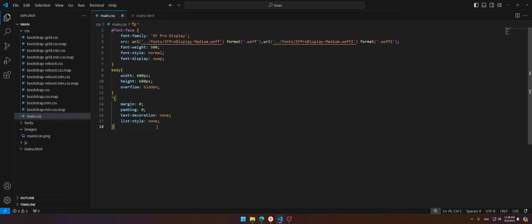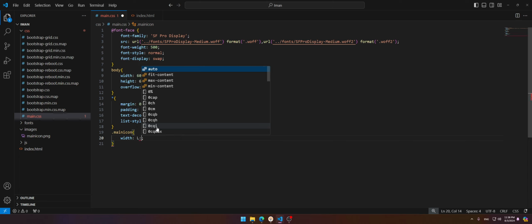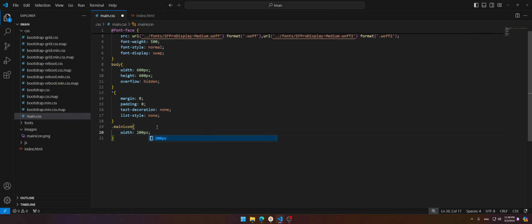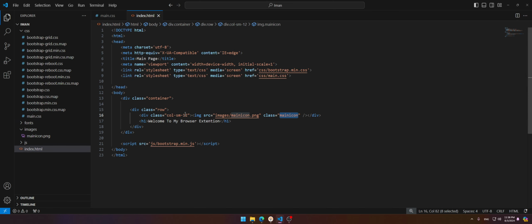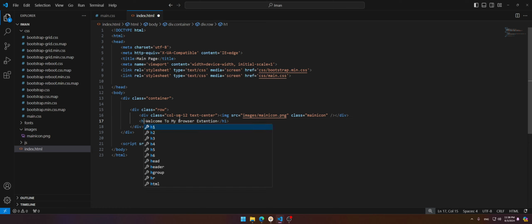Let's go through here, dot main icon, width it should be like this, and height it should be like this. You can change it the way you want. I'm going to put text-center to center the image, and the edge check is too much. Let's set edge 4 here,